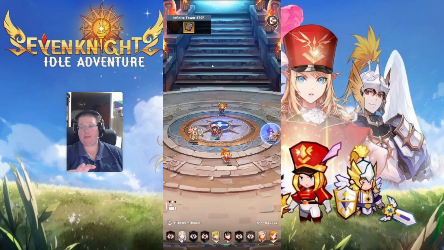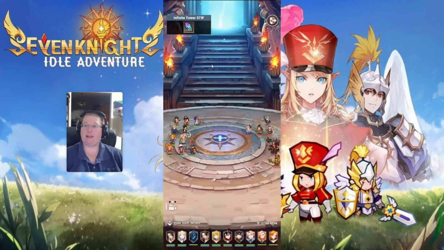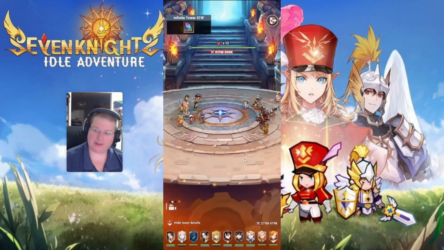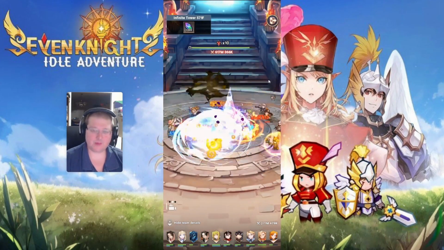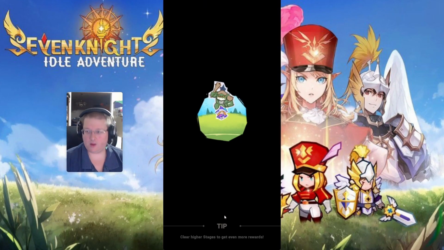But you'll see here when I beat it, it's going to automatically proceed to the next floor if I don't click on it. So you don't even have to monitor it at this point. You kind of just start Infinite Tower and let it run, and then come back to it later. And once they cannot complete a stage, it'll go back to the other screen to say that they couldn't beat it. We're going to leave. So Infinite Tower, at least once a day, go in there and just tell your team